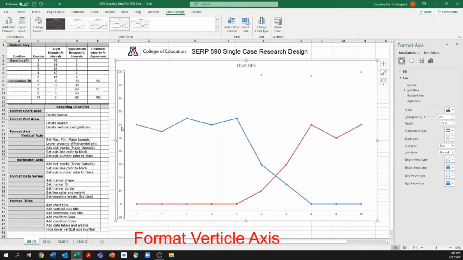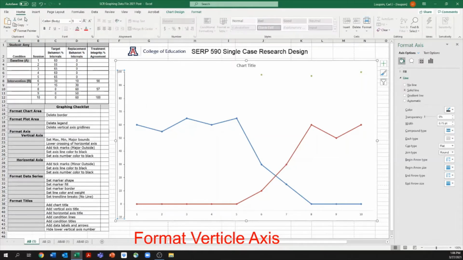And so to do that, come over to make sure that this category is highlighted, or that your vertical axis is highlighted. Go to the home. Just get the regular font color tool and make sure it's selected as a black color. All right. We're going to go on and do the